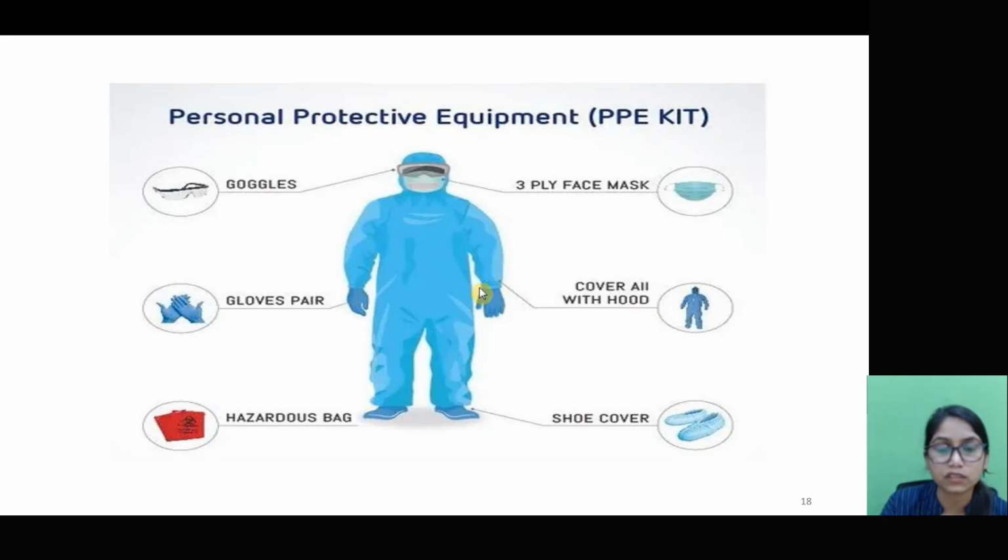The hood will cover their whole body, and there is a hazardous waste bag where they will collect their waste, and then a shoe cover which will cover their shoes. So basically, PPE is personal protective equipment so that the workers do not get any kind of diseases. That is why wearing PPE while working is very important. Okay, so that is about the PPE kit. Now, the next is